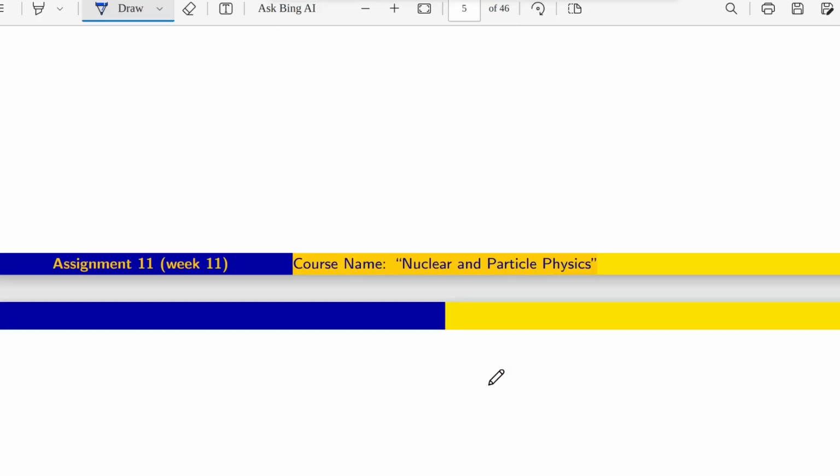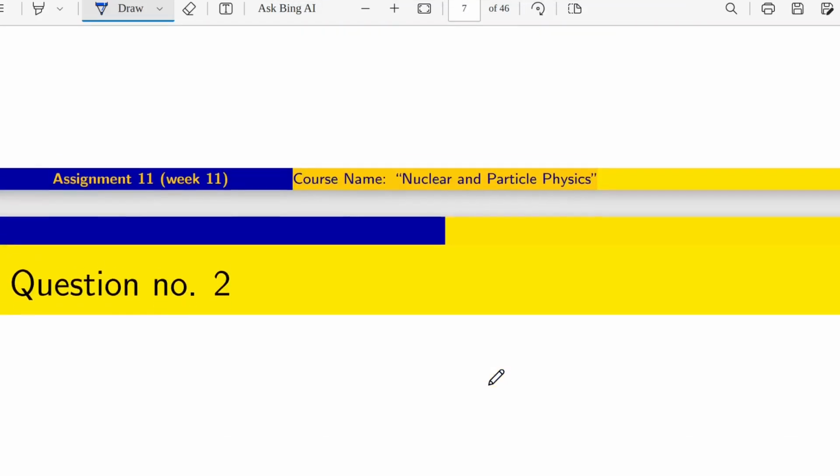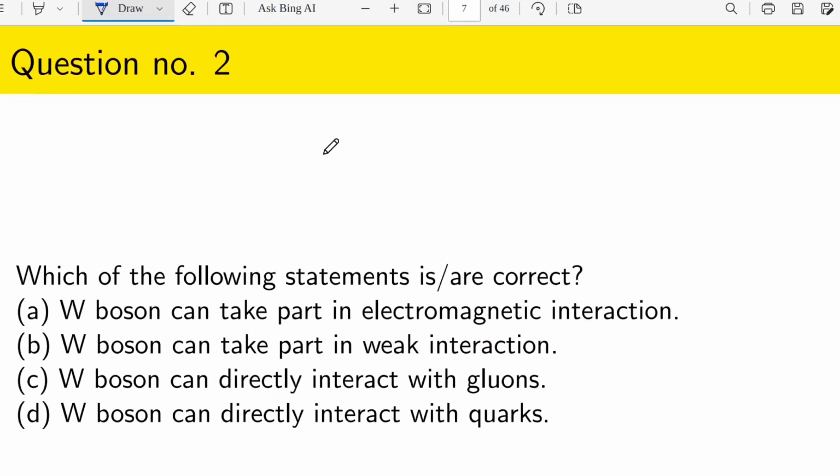Now coming to the second question. Which of the following statements is or are correct? W boson can take part in electromagnetic interaction. W boson